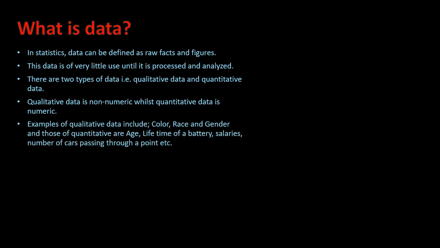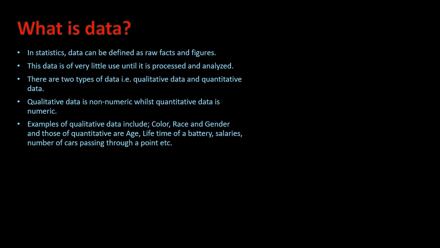Examples of qualitative data include color, race, and gender. And if you are to look at color, for example, red, green, yellow, blue, purple, and so forth, you will note that this is not numeric, and hence it is qualitative. We will be talking about the quality